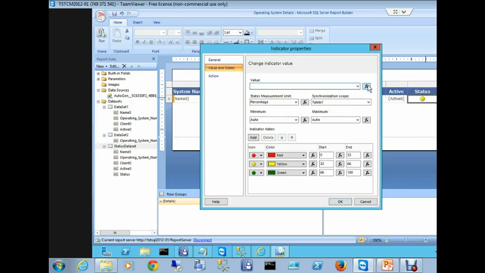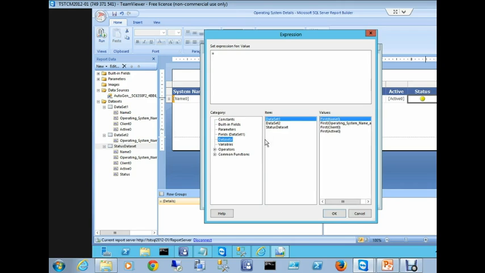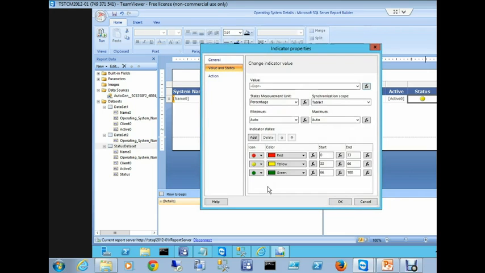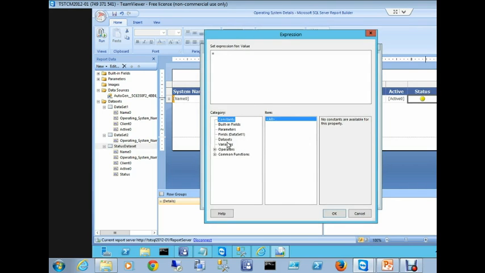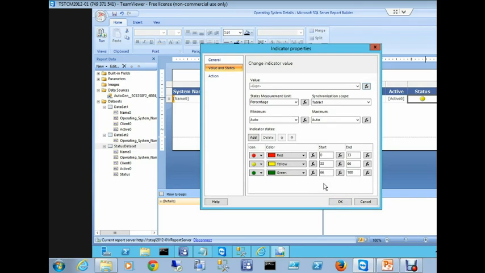The value that we get here is the status value out of that data set, and here we're going to start red at 0 and 0, yellow at 1 and 1, and green at 2